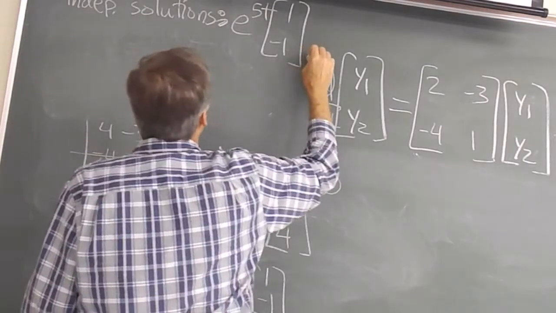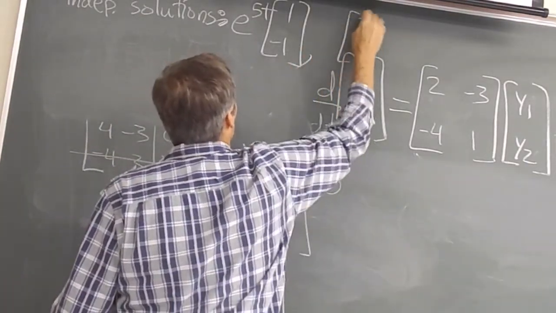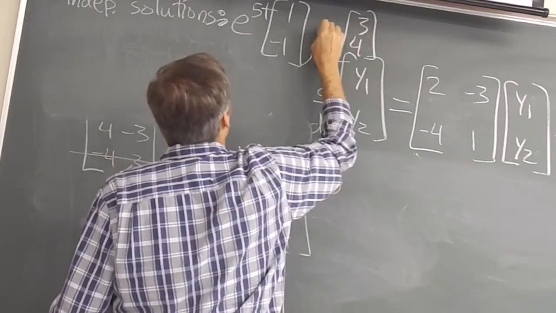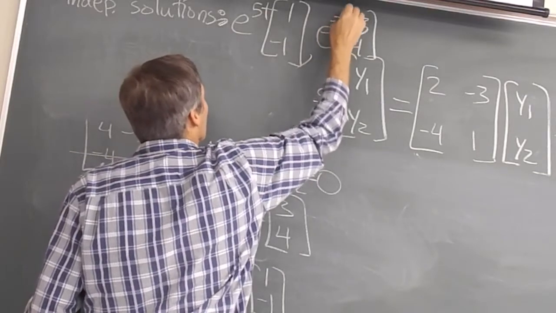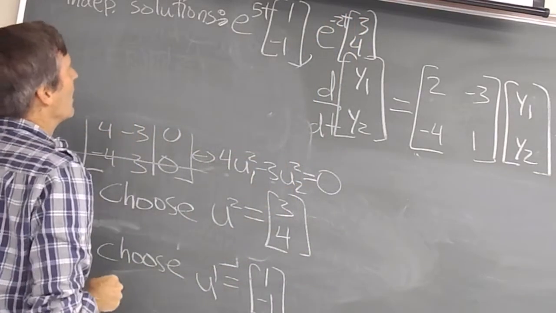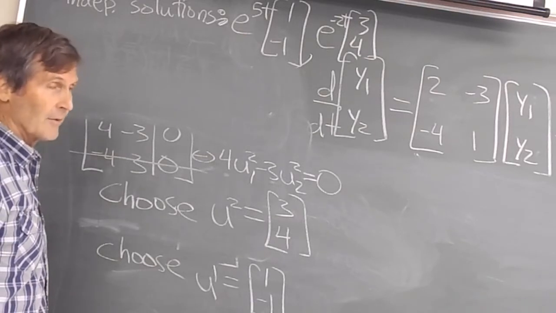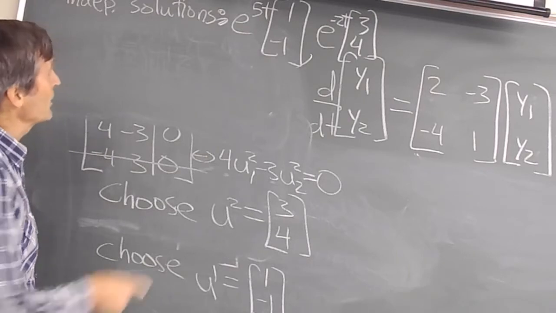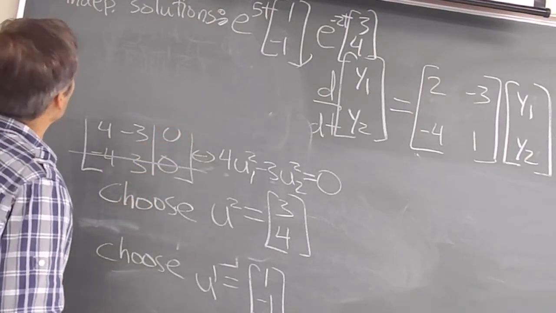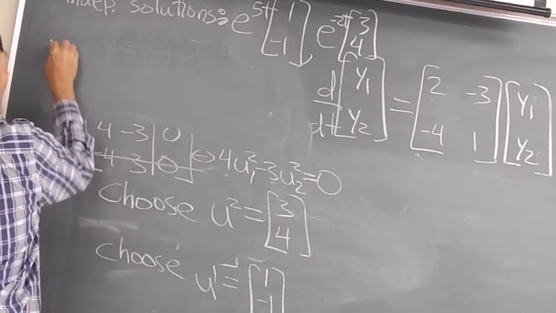Another solution is the other eigenvector, 3, 4, times e to its eigenvalue times t, e to the minus 2t. All right. Those are independent solutions. The general solution from the theory that we presented is an arbitrary linear combination of any two independent solutions. So we can take these two and say all solutions are